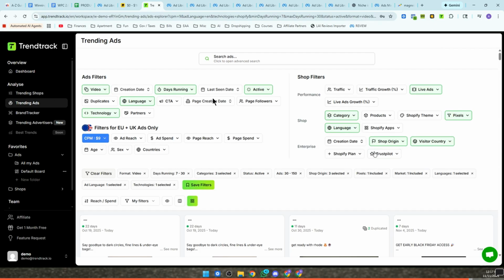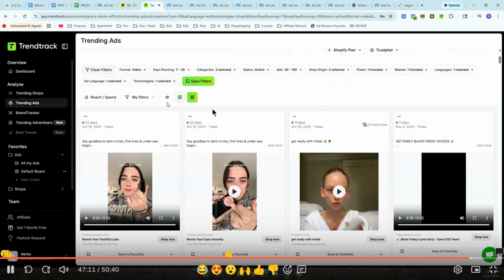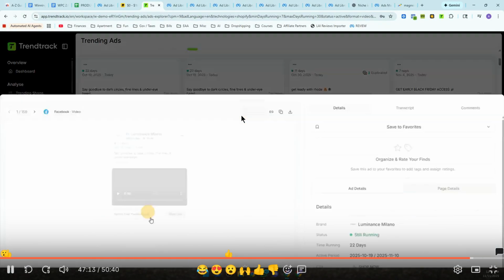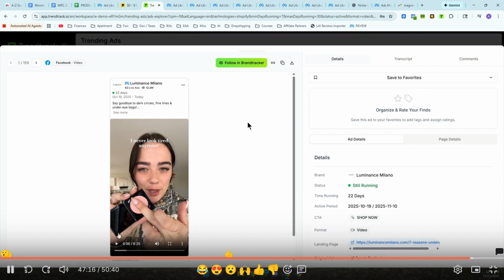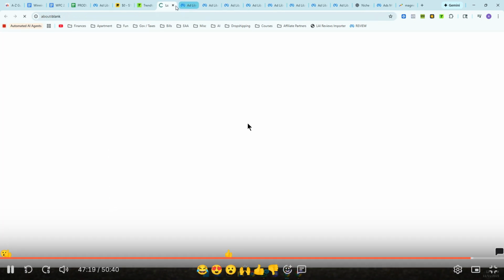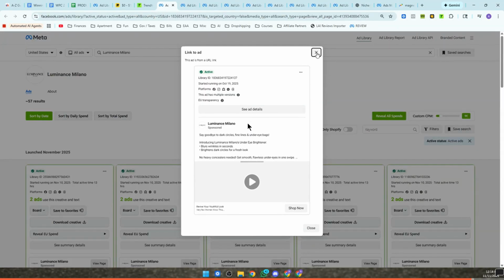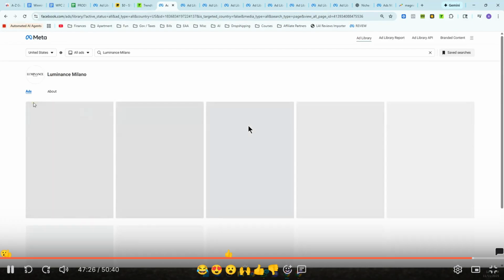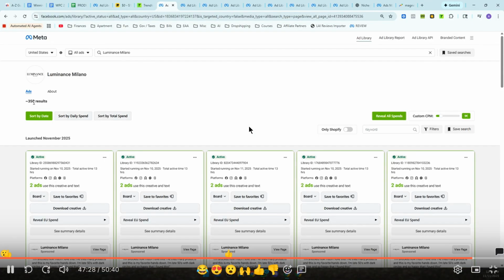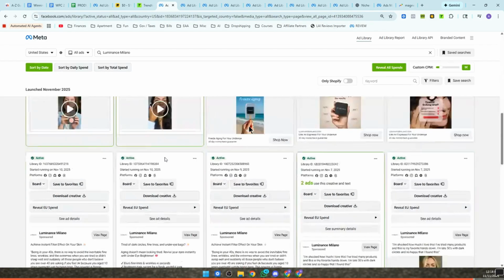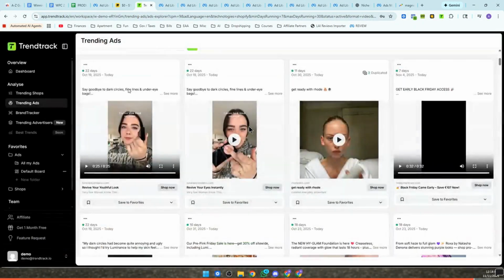If you set these filters, like how I have it here, let me show you how easy it is to find brands. So we'll scroll here for a little bit and we can look at a brand here. They're selling some makeup cream. I'm going to open up their Facebook ad library and just quickly skim through and look. And I can see here they have 57 ads active out of 350. Now, because I have the filter here that says,